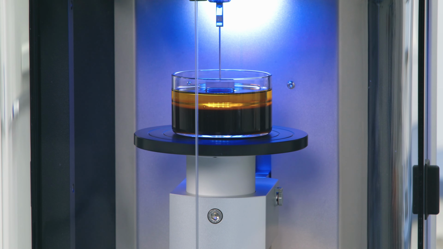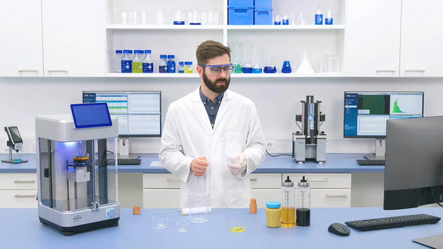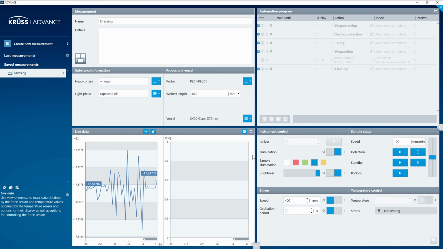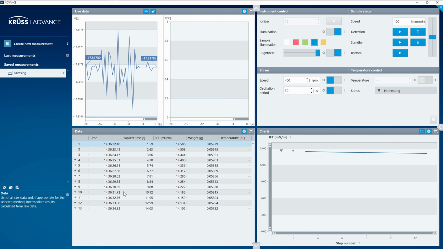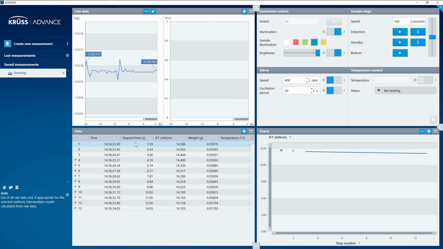And now it's recorded its measurements already, and we can go into Advance and have a look at the results. If I go down through the software, we can see there are 13 measurement points in this case. And what's happened is inside my template, Advance has been programmed to measure and look at the standard deviation between each measurement. And it will keep measuring until that standard deviation reaches a certain value. And it's looking to get 10 values within that range. So here we can see in the first 3 measurements, my interfacial tension has drifted a little bit down. And then as it started to stabilize, I've now got my 10 valid measurements.